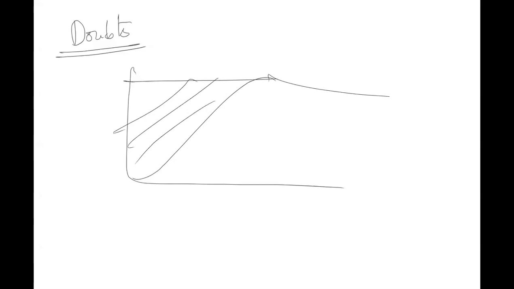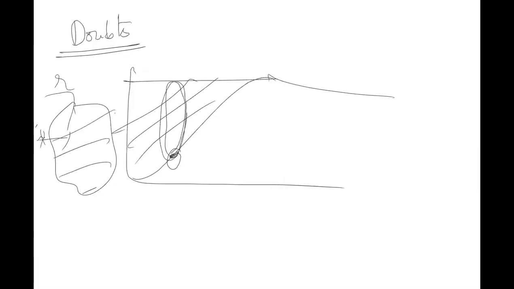Somebody is asking why the remaining area is white area. See here, let's say this is what we are calling the white area. This is my red fluid concentration. Why is the red fluid concentration less? Because the rest is occupied by the white fluid. This is a reactor. I stopped the white and injected the red fluid, but the white fluid is still inside the reactor. When you stop, that white fluid has to exit. That is what this concentration is.